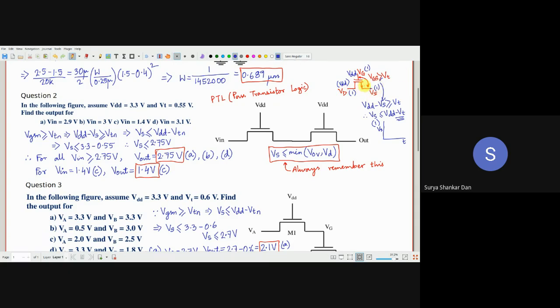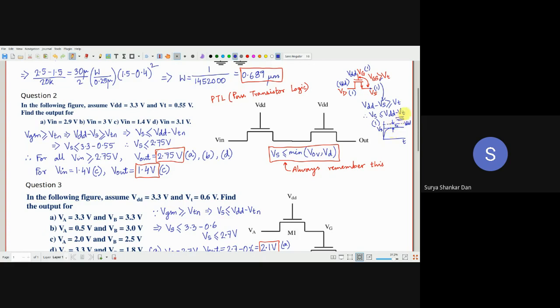However, please keep in mind that it becomes a major issue when you're circuit designing. The logic state of 1 in VD is VDD. Logic state of 1 in VG is VDD. However, the logic level of VS is VDD minus VT. So you will expect that it has to be VDD here, but no matter how much time you give, it will always saturate at this VT less. Everyone with me? So essentially, how does it influence it?